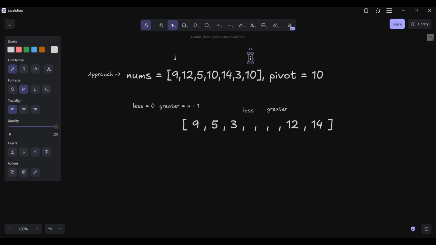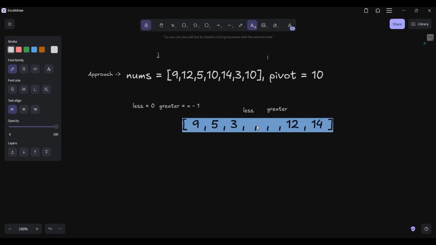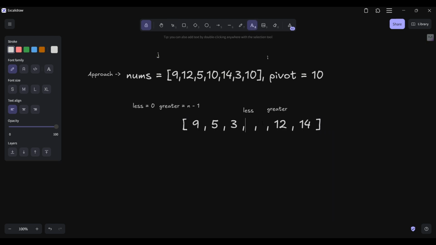Okay, so what we have to do, one thing not written, yeah, I've written it. So j would be here, it will check for lesser, no, then i would be here, no, then it will simply move here, and we will get this. Okay, so both indexes will be at the end. One thing I am getting confused about is that I have taken this extra. Okay, so this answer would be on the same side. At last, you can see greater would be here and